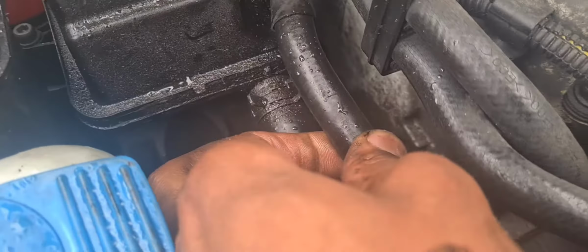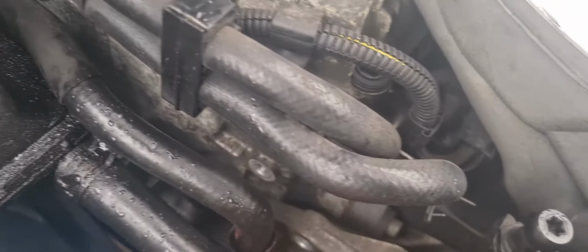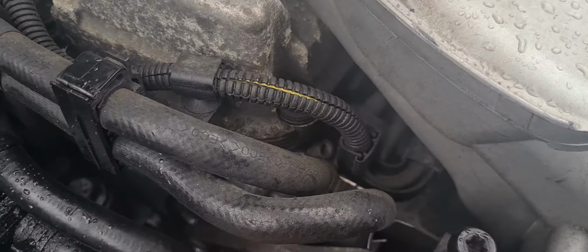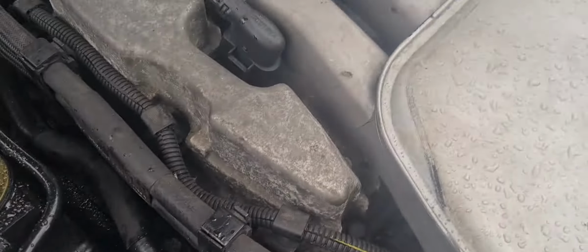this pipe onto the tensioner. You'll see there, I've already removed it. So on there was a 13mm nut. After you take off the 13mm nut, you can remove this pipe, and there is a 13mm bolt, which would be the last bolt that holds the tensioner. So once that's done,